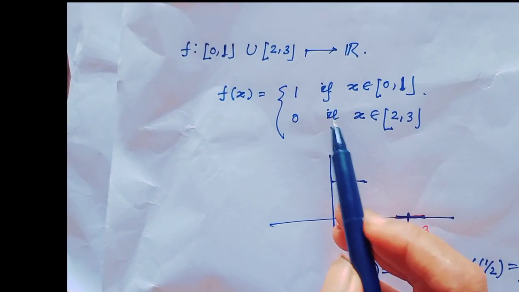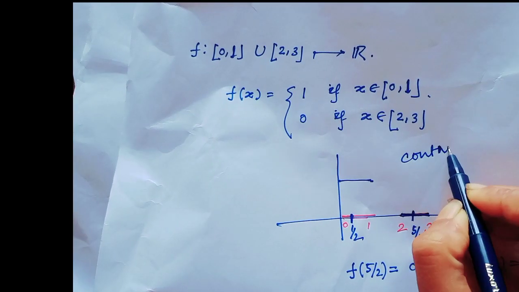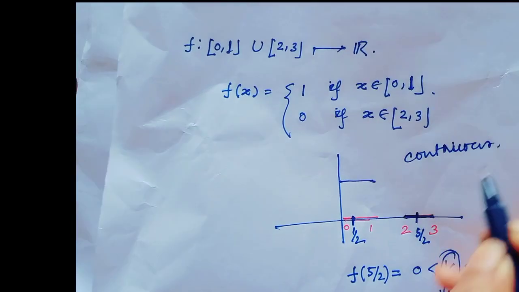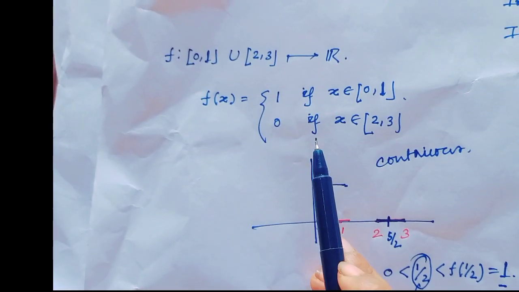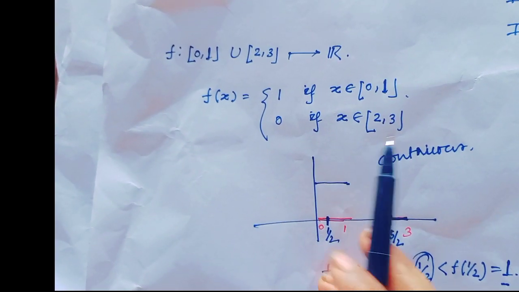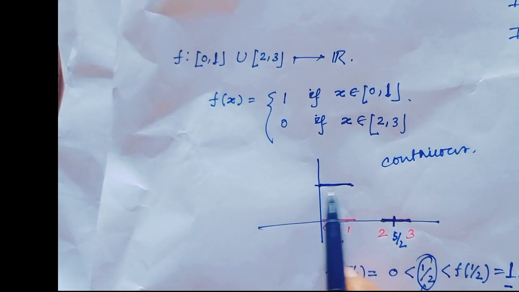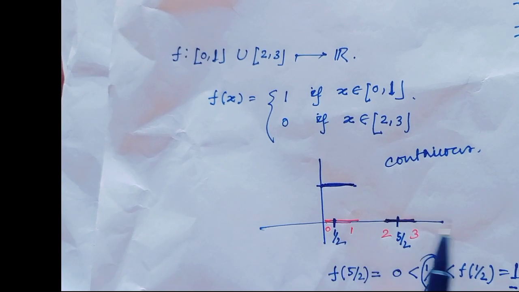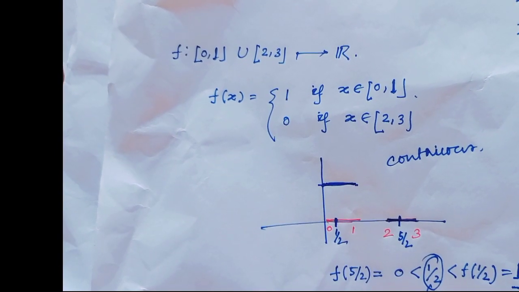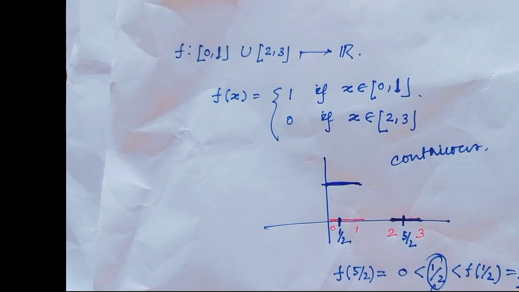But notice, this function is continuous, because we all know the definition of continuity: for each epsilon there exists a delta. For each epsilon I will always get one delta, but this function does not satisfy the intermediate value theorem,